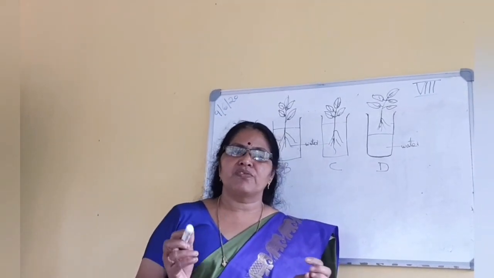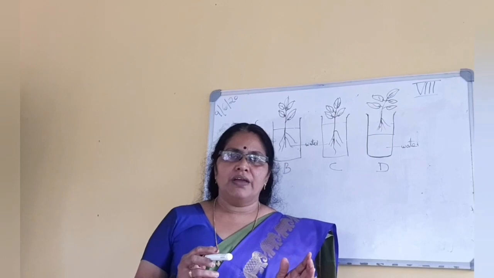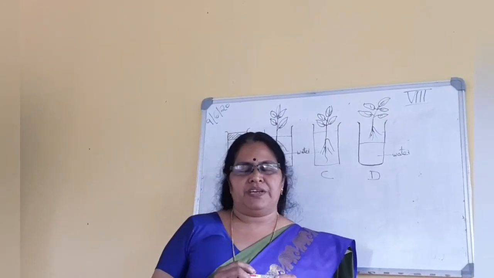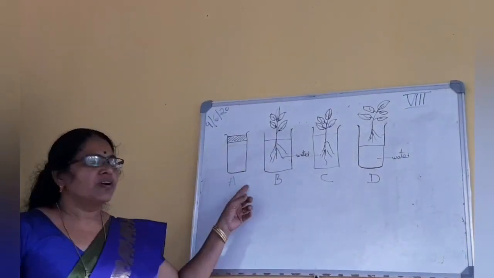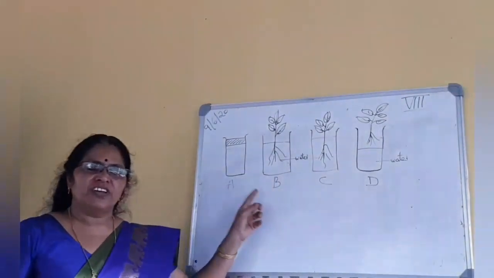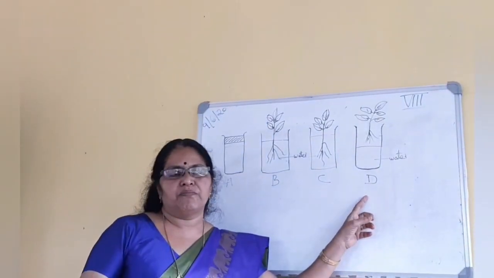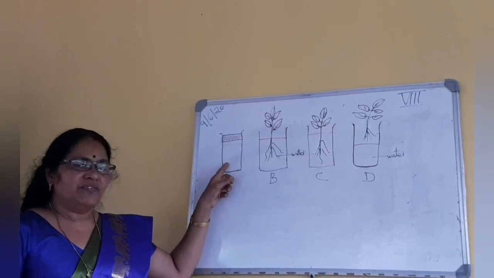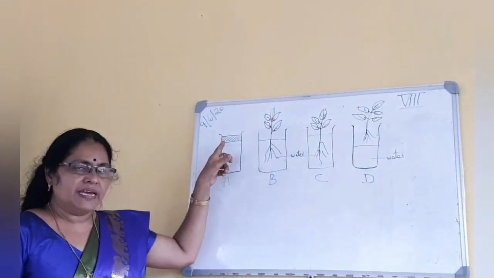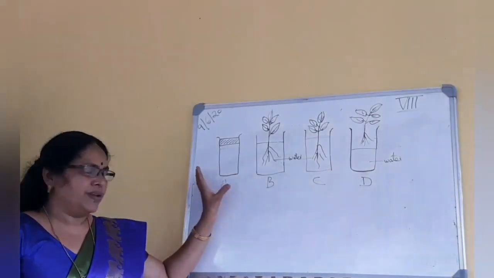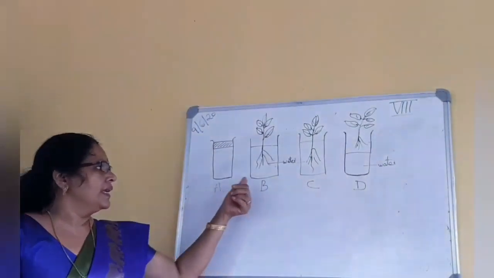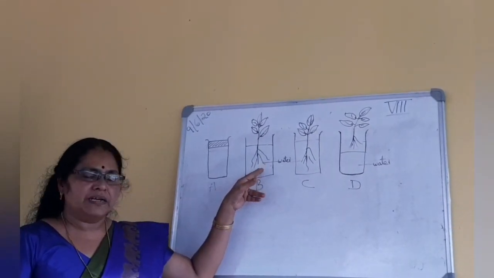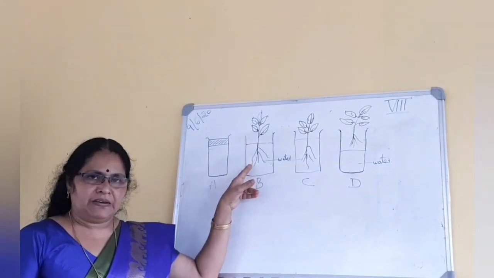Only the roots can absorb water, not the leaf or the stem. We can demonstrate it with the help of a simple experiment. Take 4 test tubes and arrange them as shown in the board. That means take the first test tube and fill it with water, cover it, make it airtight and keep it for some time. Take another test tube, name it as B, fill it with water, insert a small plant in that and